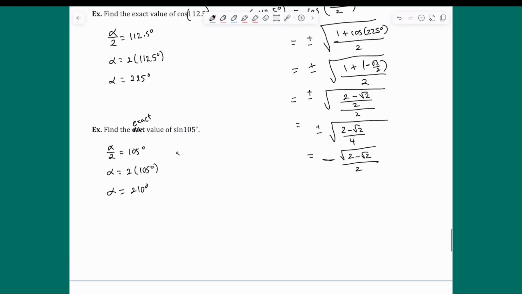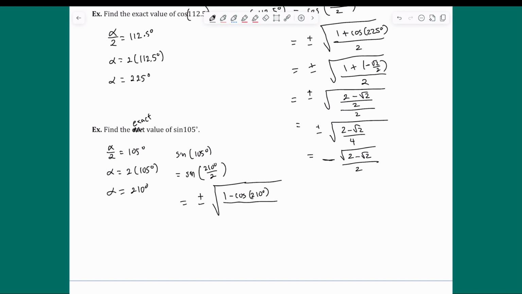So we would have sine of 105 degrees, which is equivalent to sine of 210 degrees over 2. And so using the formula that we just learned, this is equivalent to plus or minus the square root of 1 minus cosine of our alpha, 210 degrees,